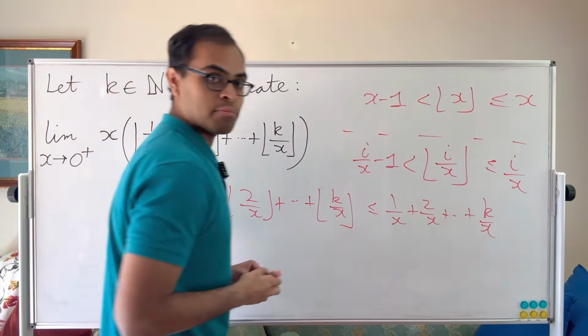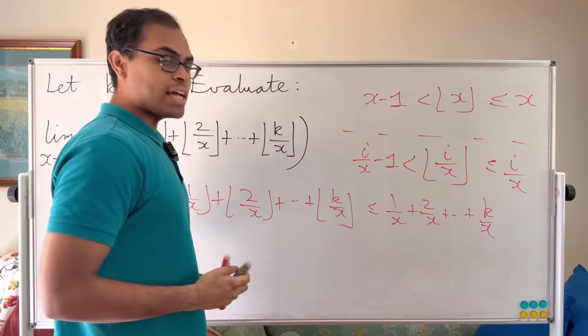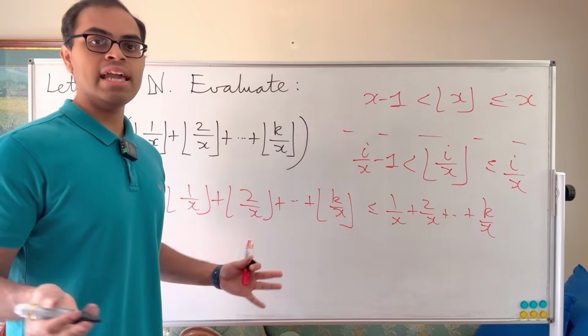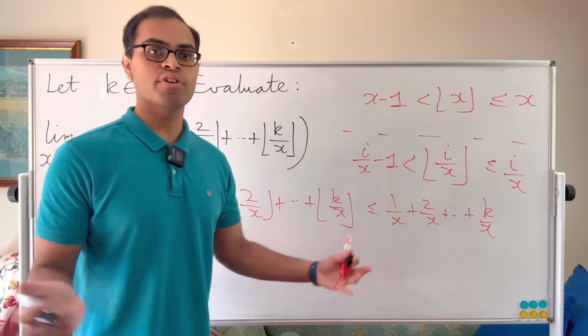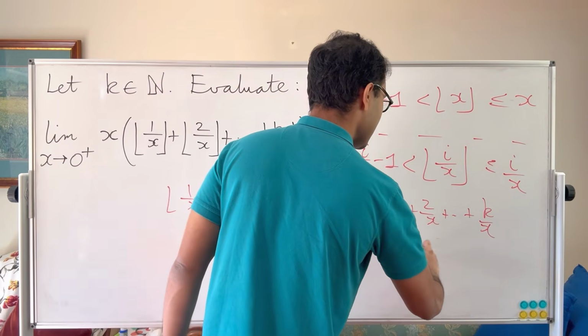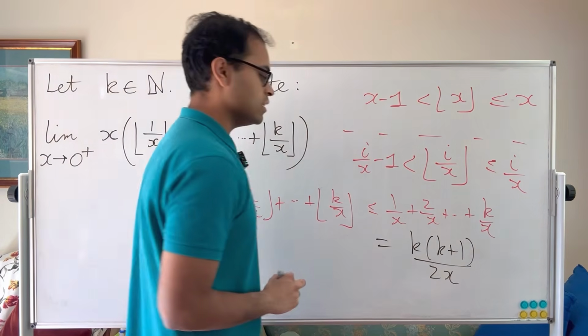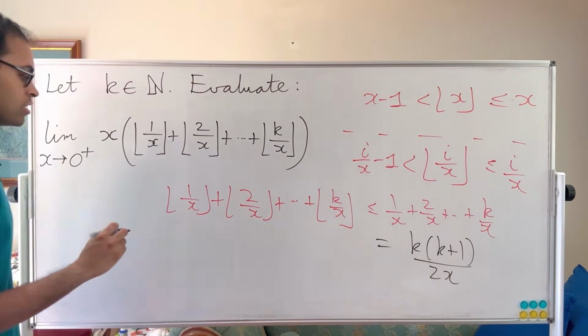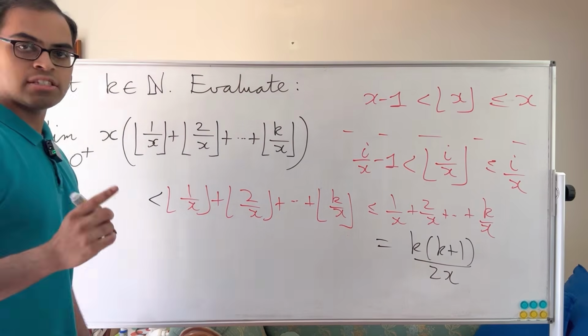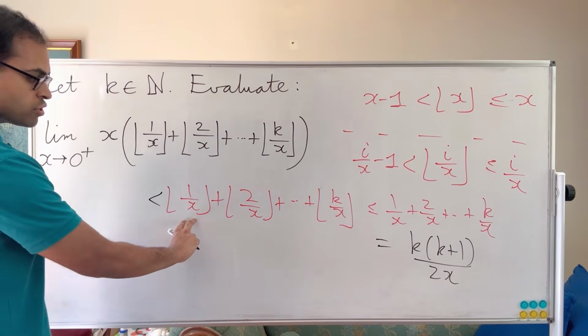Let me switch the markers and use black here. That's going to be 1 plus 2 plus 3 up to k, and the formula is k times k plus 1 over 2. So this is going to be k times k plus 1 over 2, and of course x is in the bottom. So we've got this times 2x, and it's also going to be greater than, if you subtract off